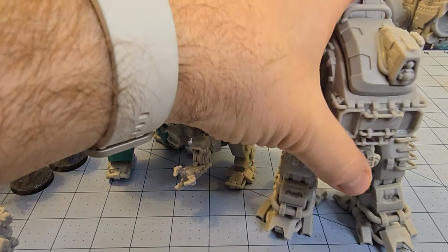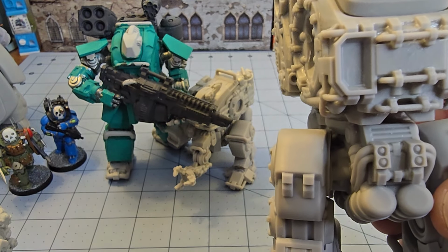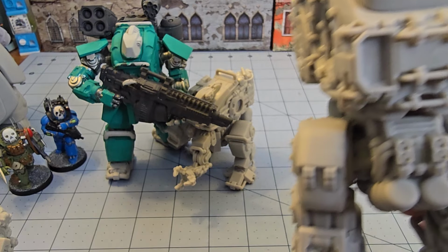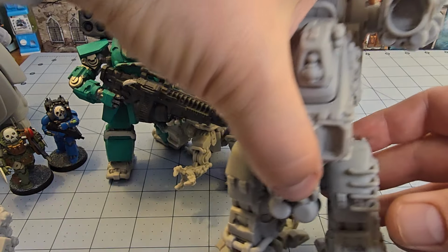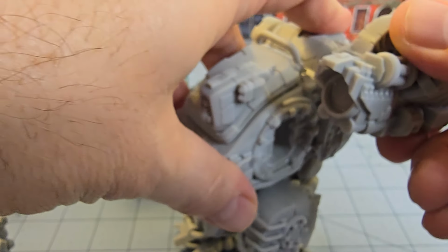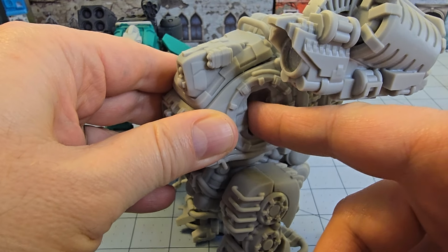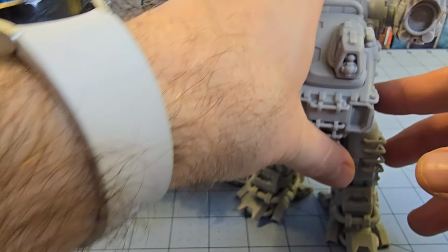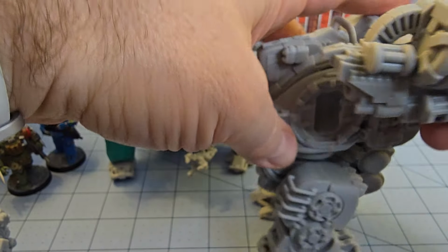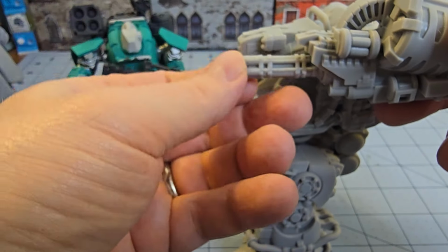ladders, handholds on them. We have a bunch of hard points in the front, on the sides, and I thought I had some handy because I know I printed some of the missiles that could go there, and I don't see them now, but that's okay. You can see, much like the previous mechs, if you wanted to replace the shoulder joints, I know there's plugs. You can go armless, you can go weapon mech warrior style, you can give them anime arms. You can see here I started playing around with one of the new rotary cannons that I obviously haven't glued